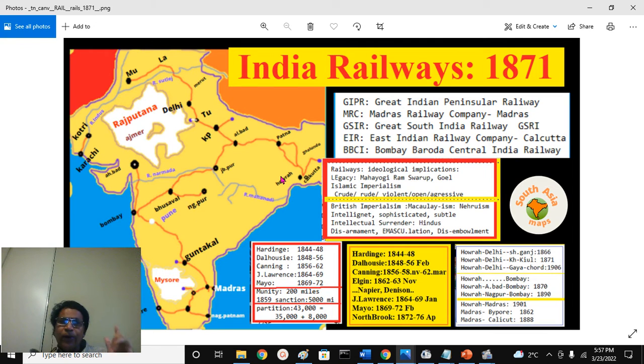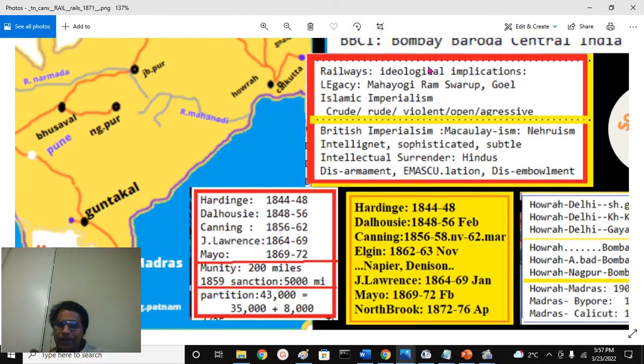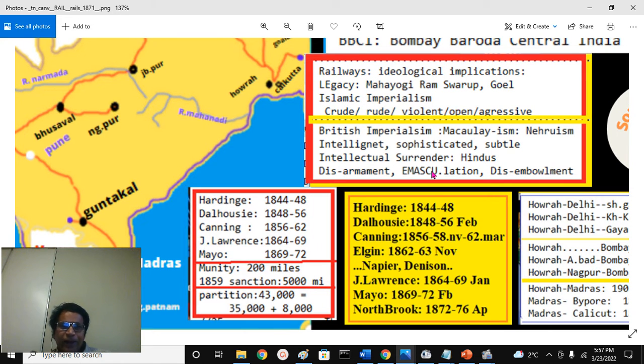Essentially, you have to remember East India Railway here, GIPR Peninsular Railway here, and Madras Railway Company here. Those are the three important ones. Hard danger time 44 to 48. When the mutiny first broke in May